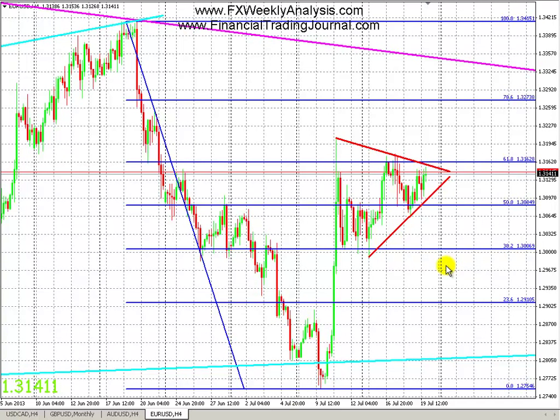But the flag is occurring within a larger downtrend. So like I mentioned, the weekly trend line is up here. So even if we do go up, we're capped around here, and we have to break through the 78.6 level as well. And this is around where people will start loading shorts. As I mentioned in previous forecasts, the 1.3341 level, which is right around here, is actually near where price would hit the trend line, assuming it goes that fast.